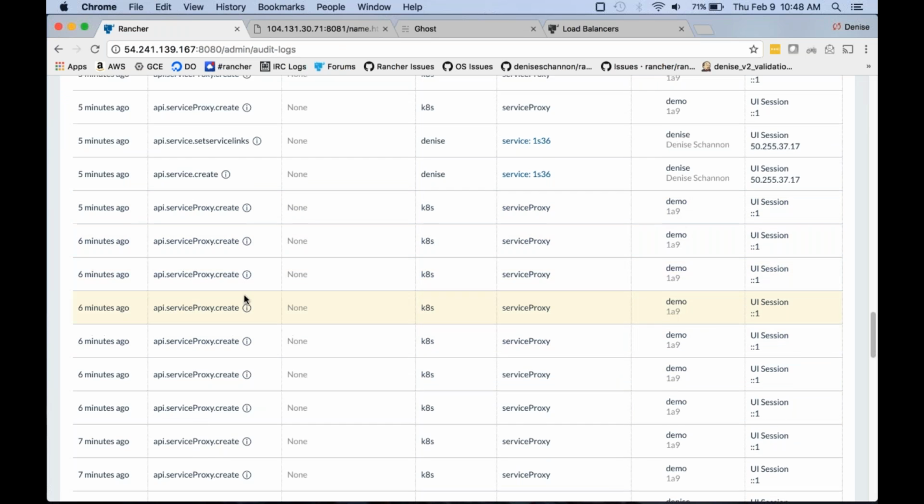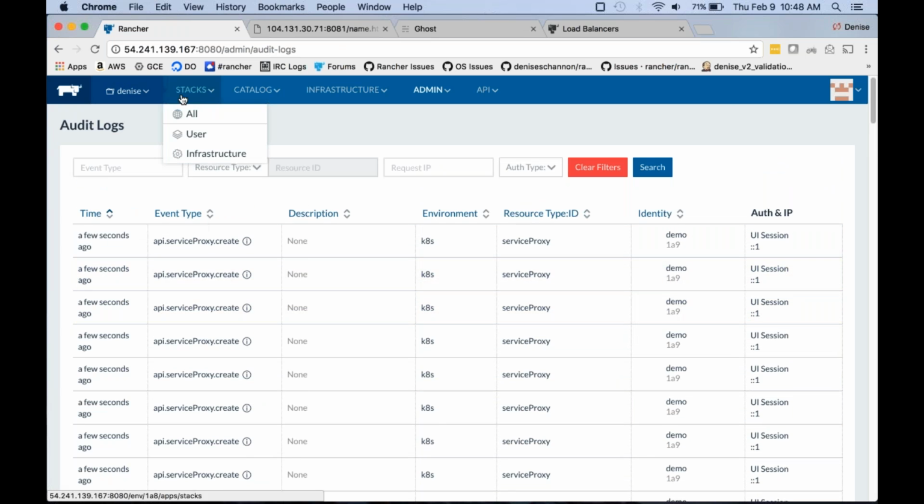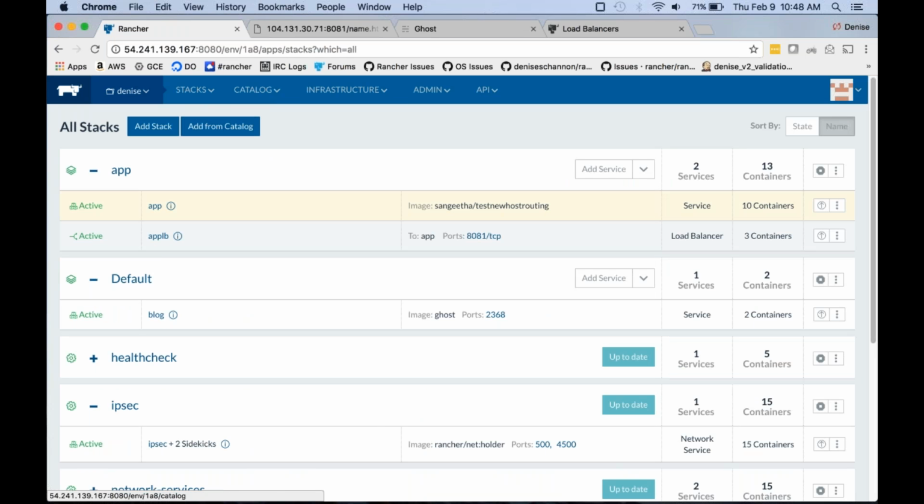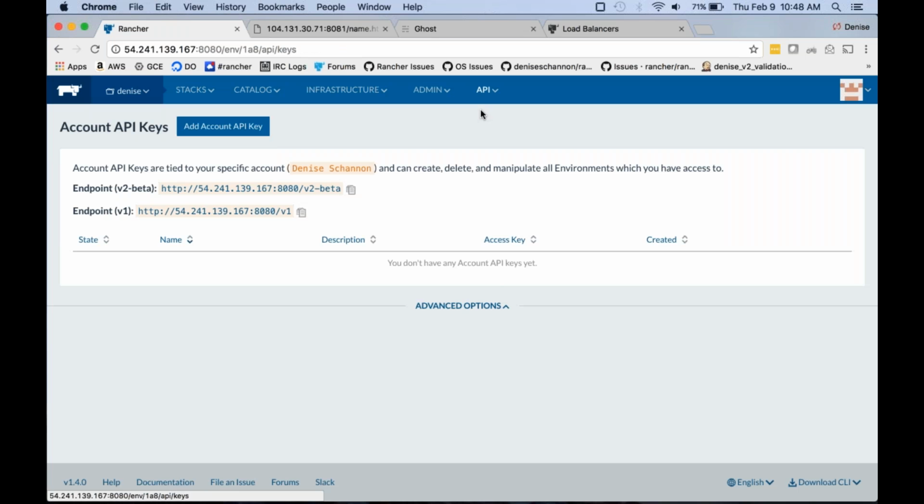It looks like a lot of people in the demo are clicking on a bunch of stuff, as I see the demo account is being used. Everything that you use here goes through the API. So the API is available. If you go to API keys,